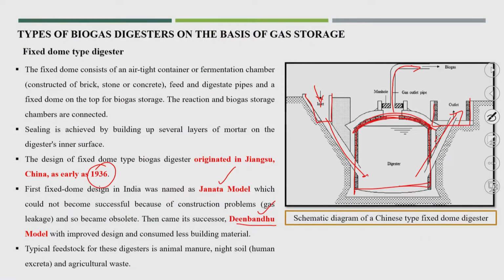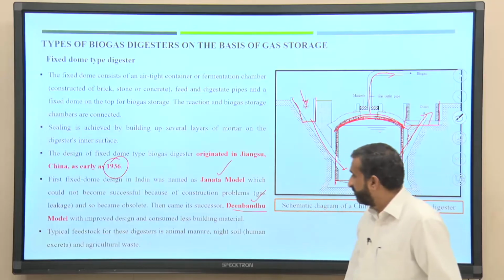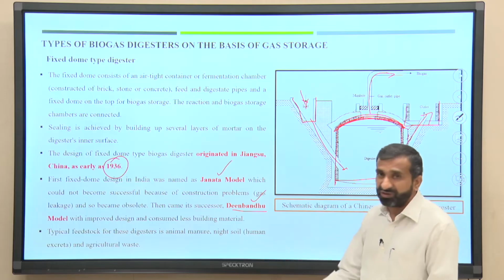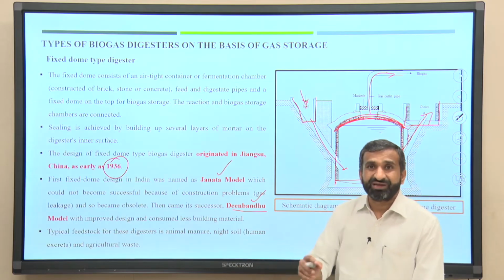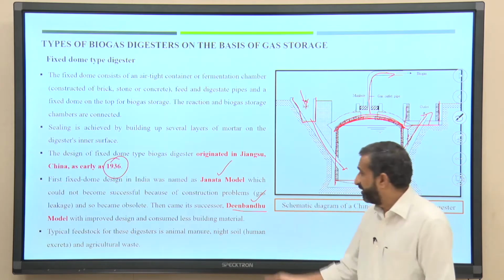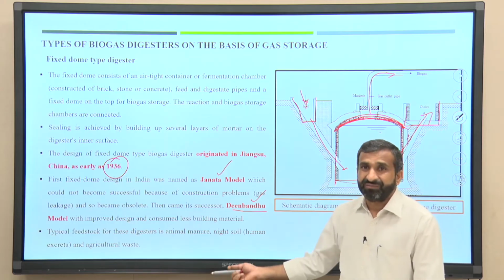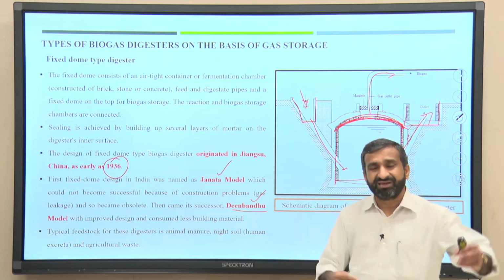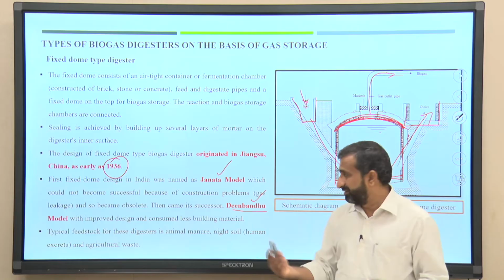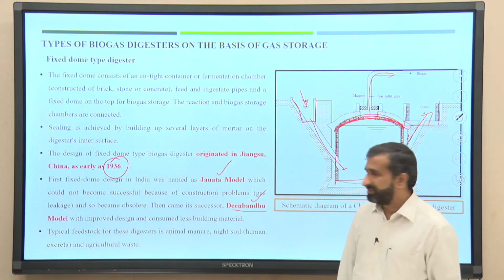And typical feedstock for this digester is animal manure, night soil and agriculture waste. So, mostly I think this kind of reactor had been started long before, especially for the animal manure like cow dung. In India normally with the Deenbandhu model we used to talk about the gobar gas plant. Gobar in Hindi means cow dung. So, cow dung based, or sometimes we will add night soil. That was also very popular, a mixing of night soil with cow dung, and some agriculture waste.